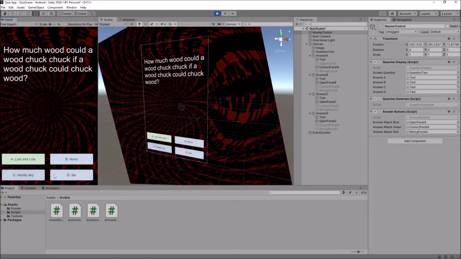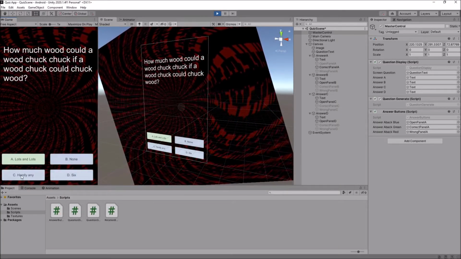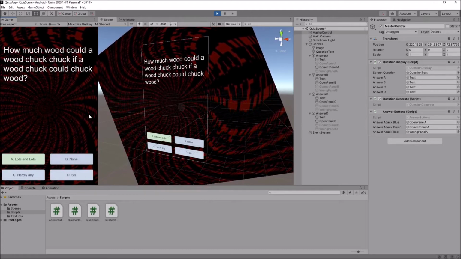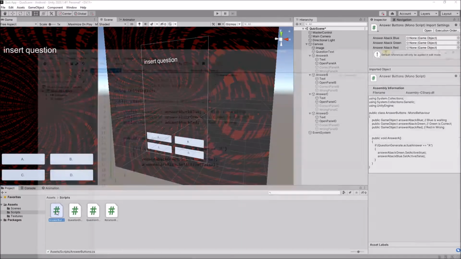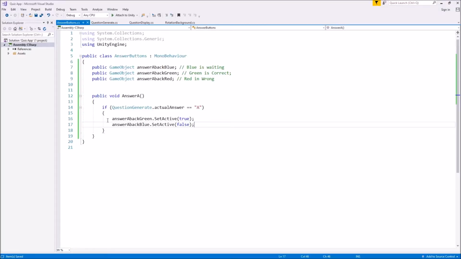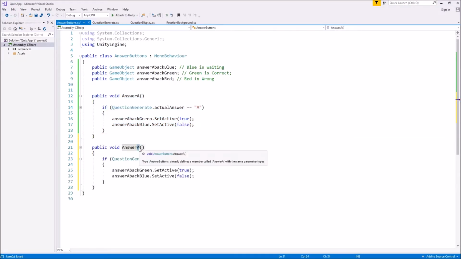Now, obviously, these other scripts on the buttons won't do anything just yet. Reason being is we need to code them. So let's get into coding them. Let's go back into our answer buttons. Now, we can use the same sort of method here. So I'm going to copy all of that method, public void answer A. I'm going to place it just below, and I'm going to change it to public void answer B. And if question generate actual answer equals B, which it isn't,